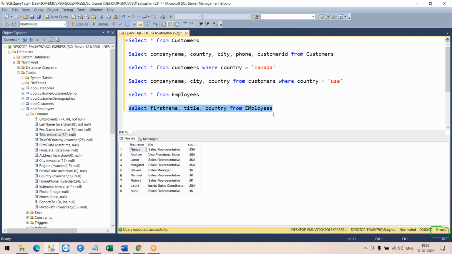Execute. That's right, you don't need a semicolon at the end. So star is used to fetch the complete column information. If I want something specific, then we use only the columns we want.